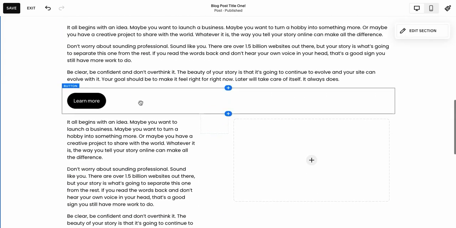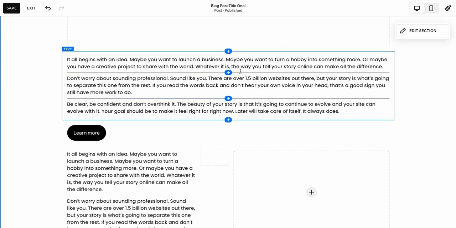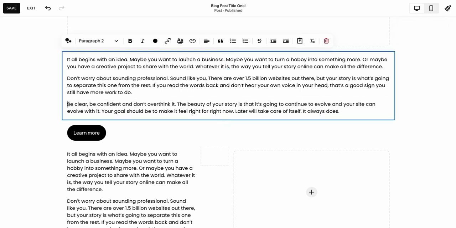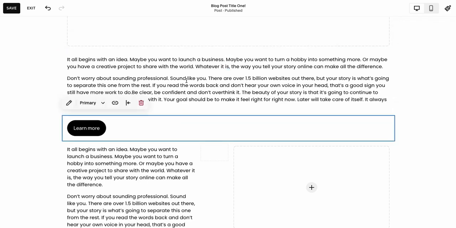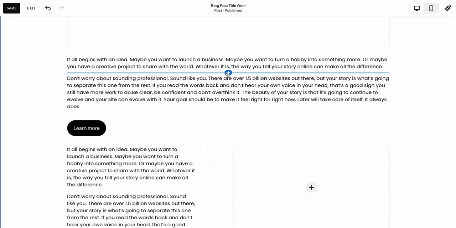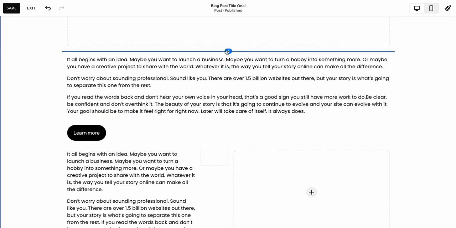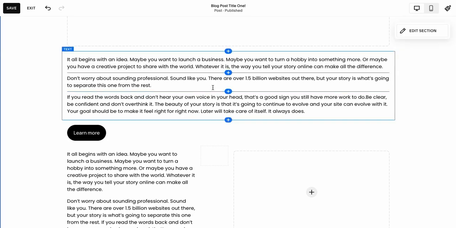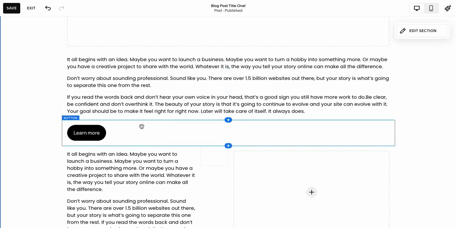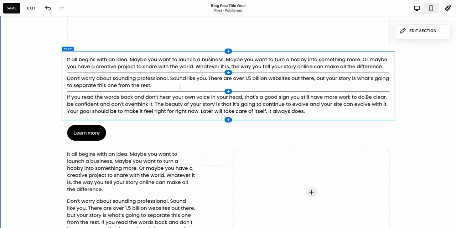You've got the spacers. You've got the different block types. Now you see that I can then insert things in between here. That's because there's been an enter added between the text. So if I just close this up, you'll see that it's gone away. So I only then have like 1 here. But if I then just go and put an enter, then you can see I can come and insert things in between that. So let's say you had a whole big chunk of text, just adding the enters in could go and give you that. So that's how to do blocks and just making your page look slightly